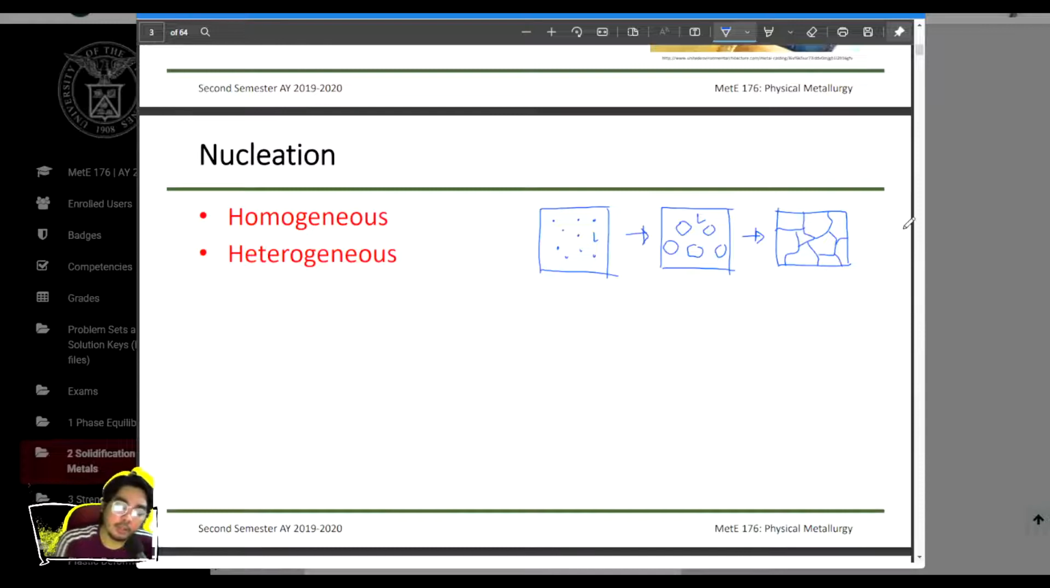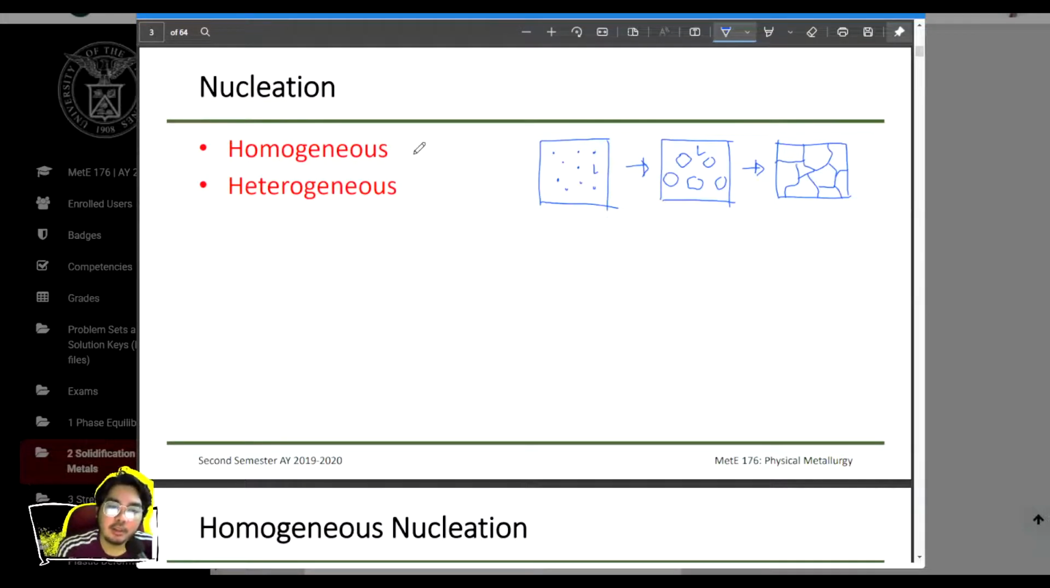Okay? So let's talk about nucleation first. Nucleation can be classified into two categories, no? So meron tayong tinatawag na homogeneous nucleation, and meron tayong tinatawag na heterogeneous nucleation. So familiar ba kayo sa two terms na to? I'm pretty sure narinig niyo na 'to, no? So if I were to ask you, ano yung